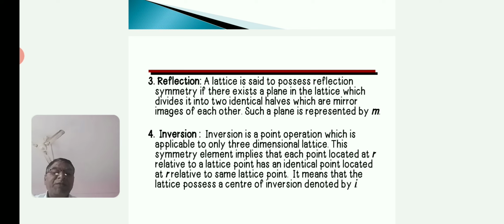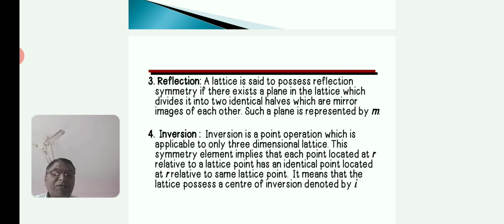Solving by using the figure geometry, we can prove that only 1, 2, 3, 4 and 6-fold rotation axes are permissible. Using that figure, we get 2t cos theta plus t is equal to m t. Cancelling throughout by t, we get cos theta is equal to (m minus 1) divided by 2, where m is an integer. Mod of cos theta is less than or equal to 1. The allowed values of small m are 3, 2, 1, 0 and minus 1.